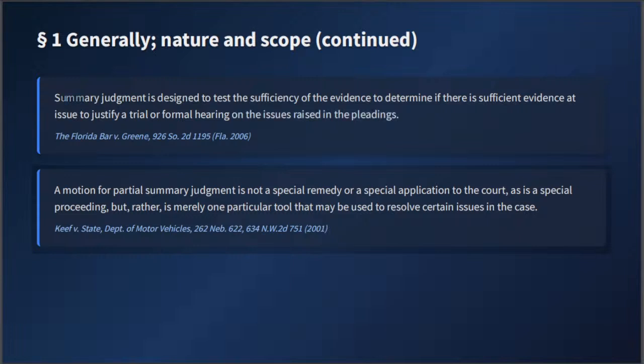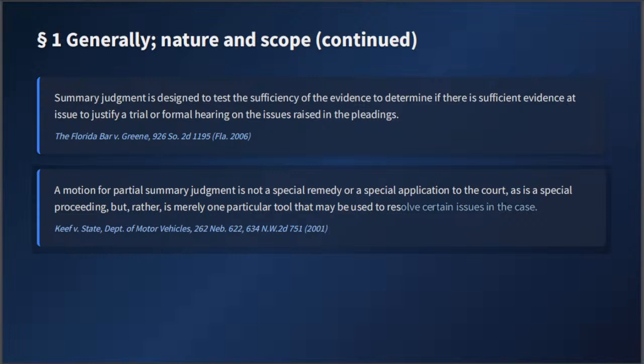Then that's a pretty good case there. Summary judgment is designed to test the sufficiency of the evidence, to determine if there is sufficient evidence at issue to justify a trial or a formal hearing on the issues raised in the pleadings. Then a motion for partial summary judgment is not a special remedy or a special application to the court, as is a special proceeding, but rather is merely one particular tool that may be used to resolve certain issues in the case, as we saw in the Federal Rule of Civil Procedure, the partial